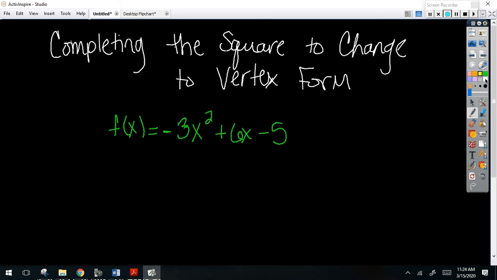You'll want to copy these down and make sure you have them so that as you go through your homework and your practice, you'll have these to reference and you will be able to see what it is you need to do, okay? All right, so the first thing that I want to do is I want to factor out the leading coefficient from the first 2 terms only. And I'm going to put LC